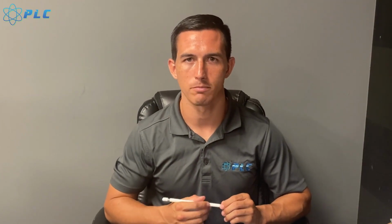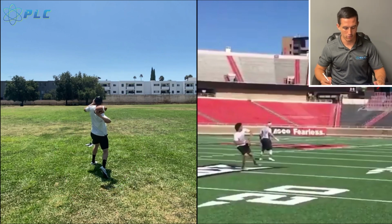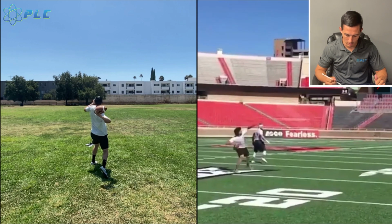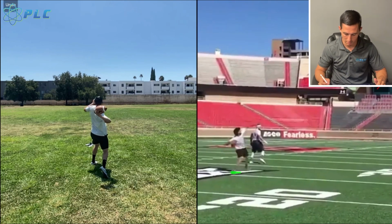All right, so we got obviously Patrick Mahomes here on the right, and then me on the left. This was from about a month ago, and so I've tried to make some changes, some adjustments to my throwing mechanics based off of this, but I just don't have any recent updated footage of it. And then Patrick Mahomes, obviously he's been in the NFL for a few years now, so this is a few years back when he was at his pro day, but it's some good footage of him being able to throw the ball. Again, his back foot's at about 75 yards, so he's still throwing the ball over 70